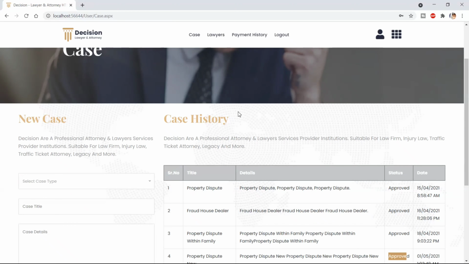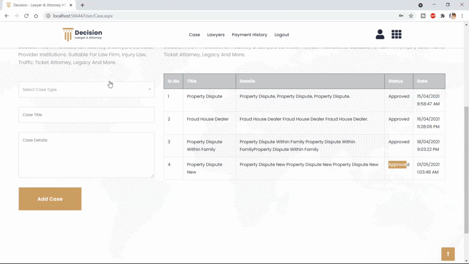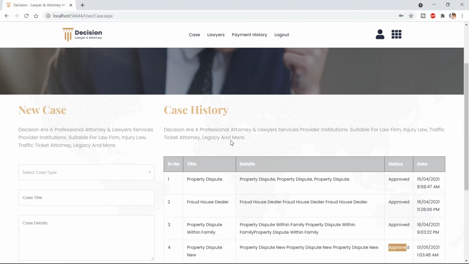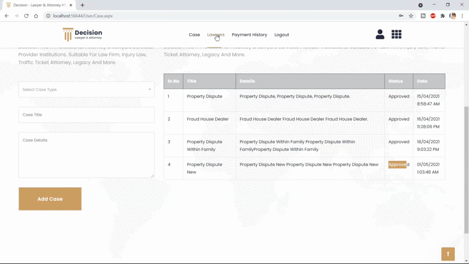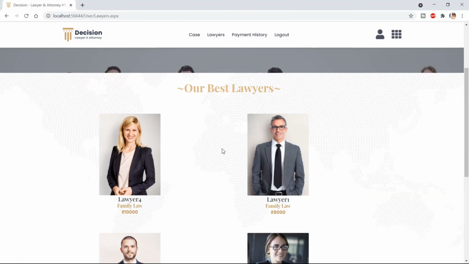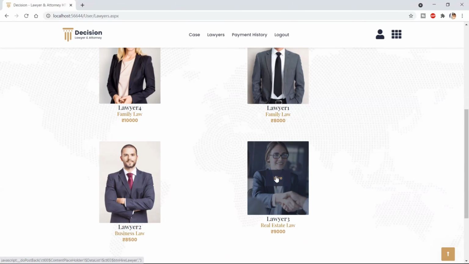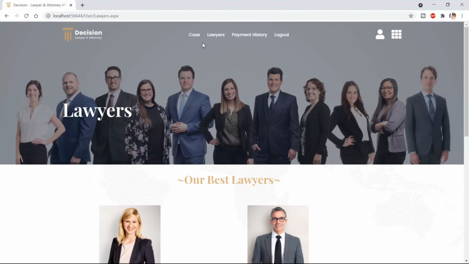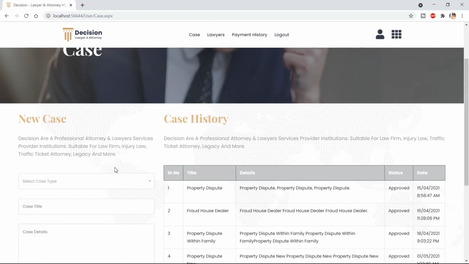Now let's say this user didn't add a new case and tries to hire a lawyer. Now he tried to hire this lawyer, and it says that you have to first add a new case. Until the user has added a case to their account, he can't hire a lawyer.